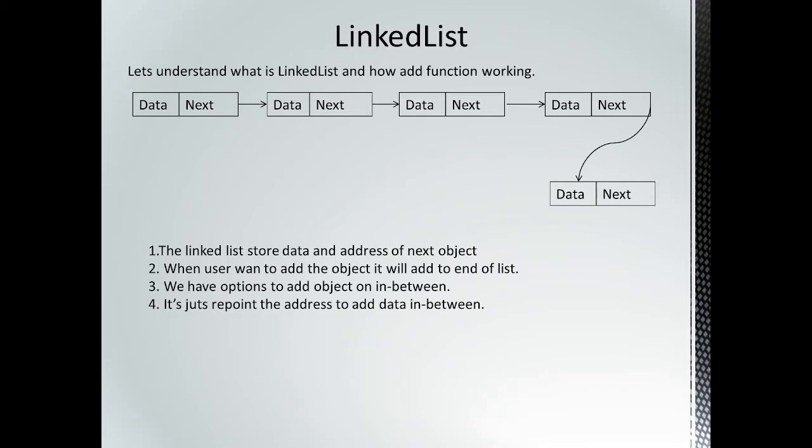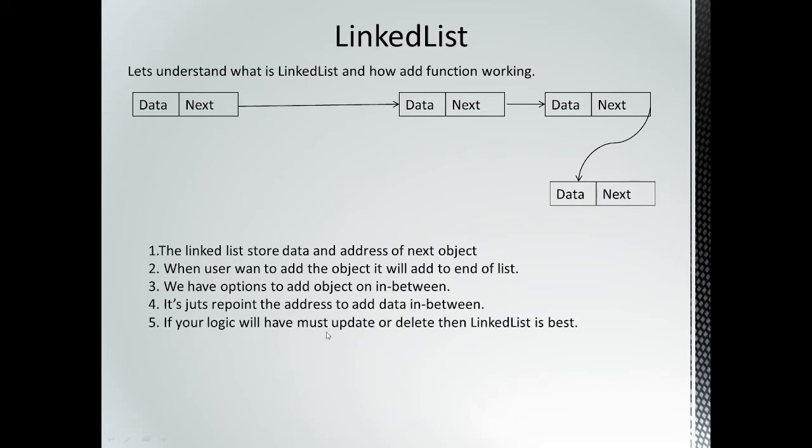When you want to add or delete an object at a particular index in the linked list, what will it do? It is not going to re-index and shuffle each other. It just removes that object or adds that object. Then the next pointer is going to be reordered again. For example, I'm trying to delete this object. What will happen? This will be deleted like that. Then this next will carry the address of this object. So like this it will work.